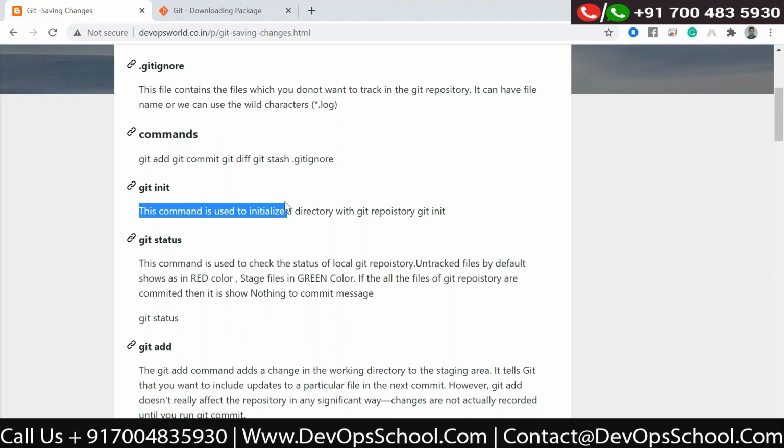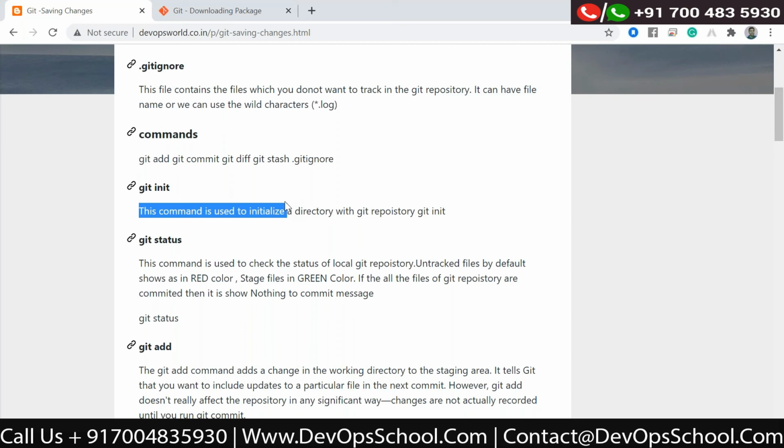And from time to time, I was running the git status command. The git status command basically tells you the status of your project: how many files are untracked, how many files are in the stage area, how many files are committed, and whether there is anything to be committed or anything in the stage area.